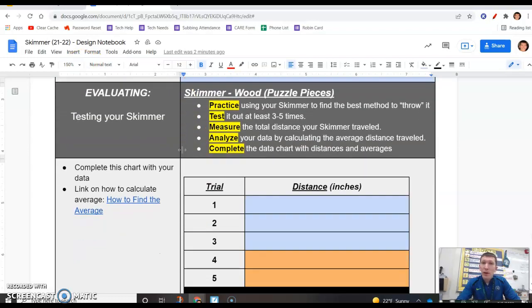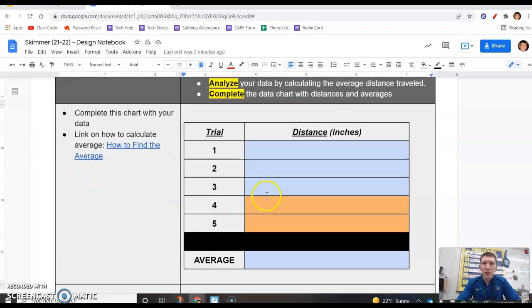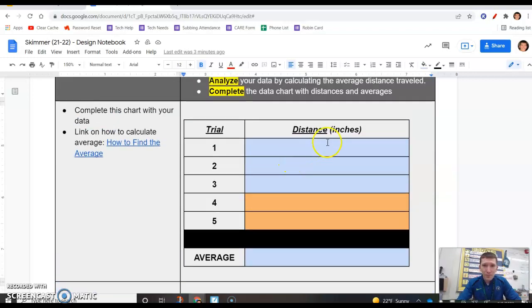For this, remember, you can practice with your Skimmer to find your best way to throw it. Do you want to use a lot of power or not that much power? Do you want to launch at a steep angle or a shallow angle? Test it out to find what you think will work best for your Skimmer. Then you're going to measure and fill out this chart down below with how far your Skimmer is actually going. Afterwards, we will do the average. And so to do this,